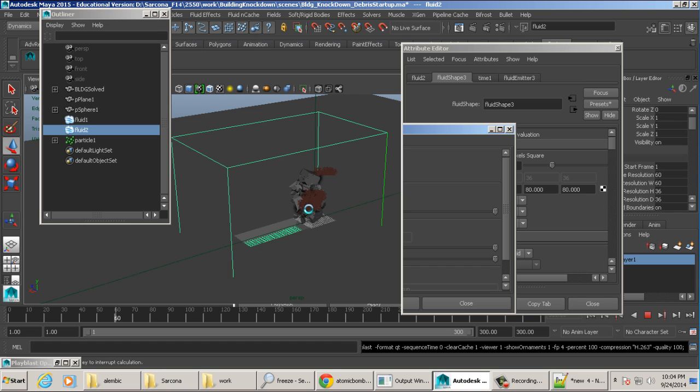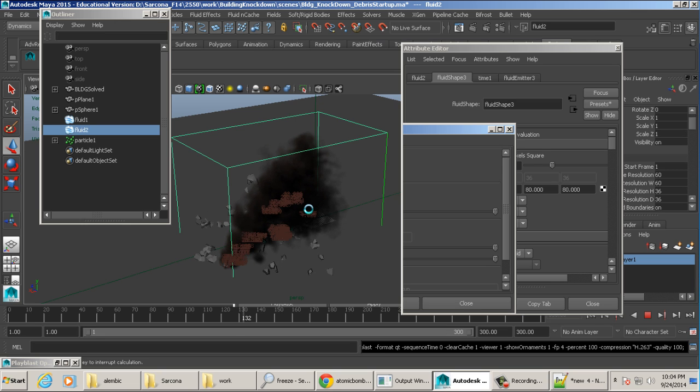If this is an actual building getting demolished, the smoke is going to move differently than if it was my pop bottle getting demolished, okay? So you just have to consider that as you do it. So we hit play blast, we watch it. Typically the workflow for me is that I hit the